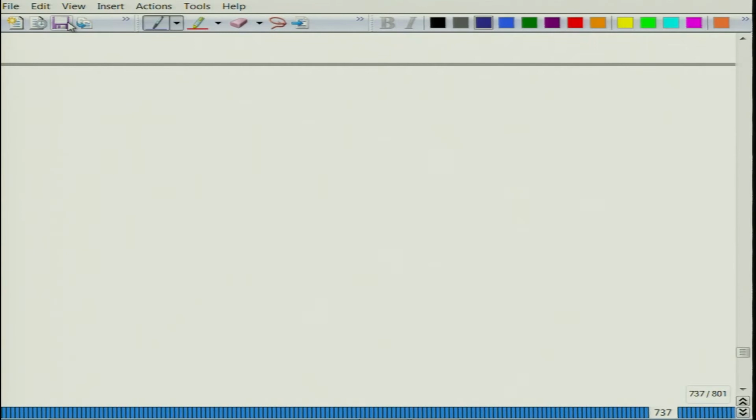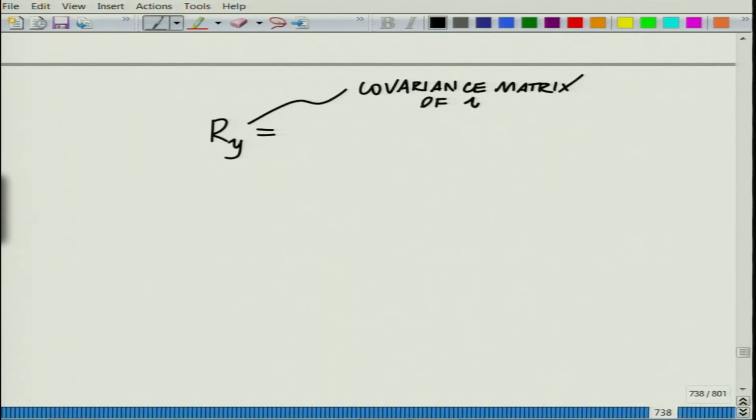So, we need R y for the conditional mean or for inferring the parameter H. The other quantity that we need is R y, which we are calling the covariance matrix of y bar, which is equal to the expected value of y bar minus mu bar y into y bar minus mu bar y